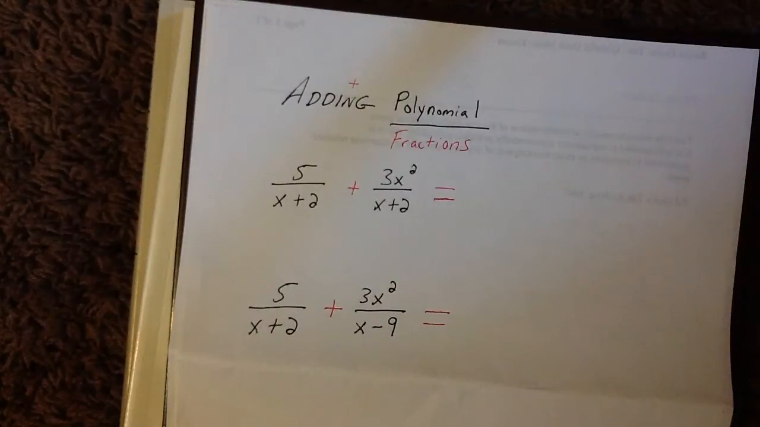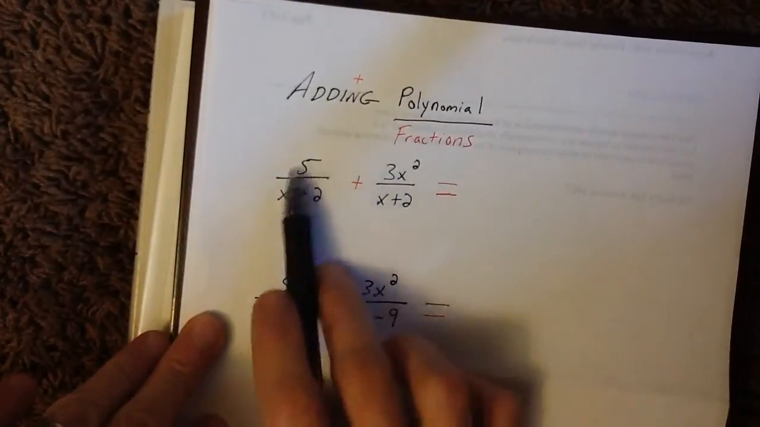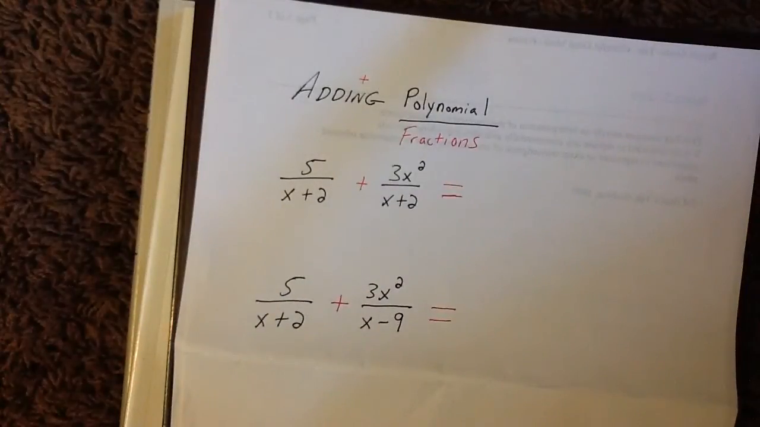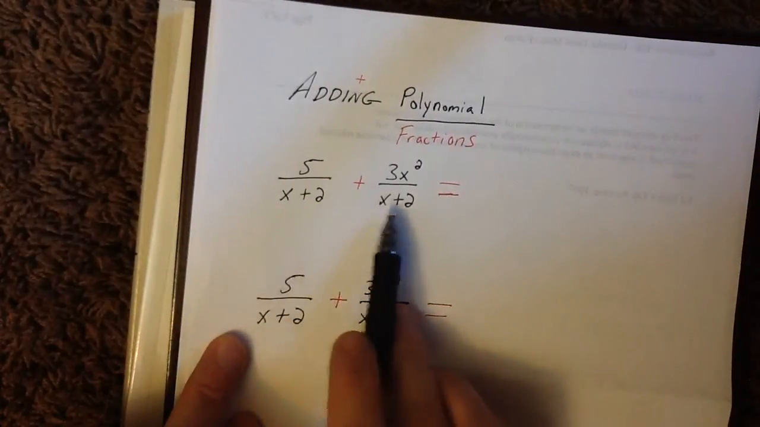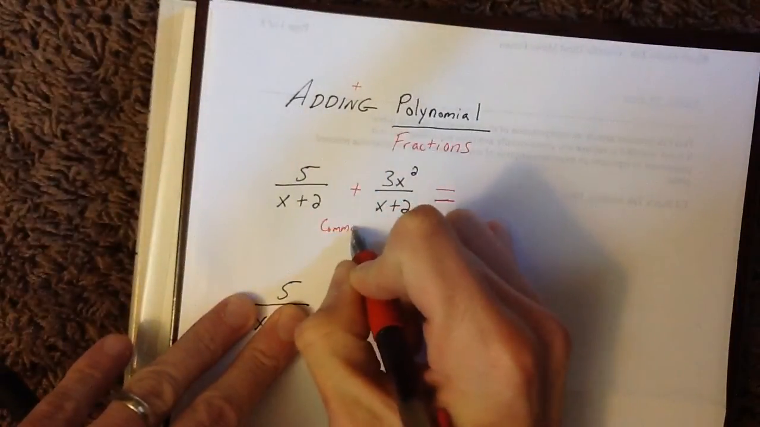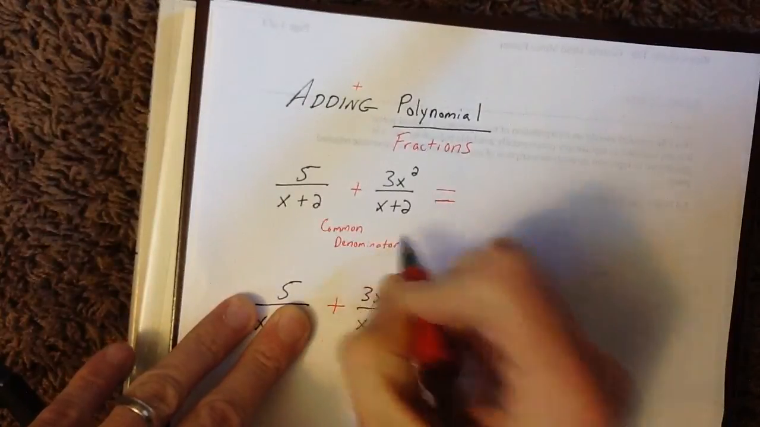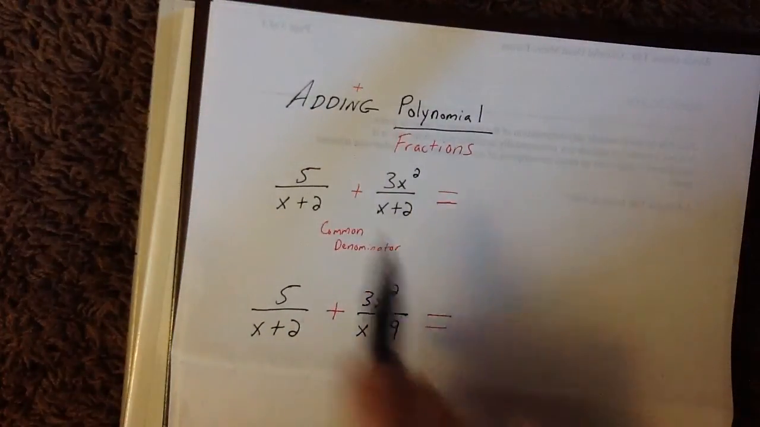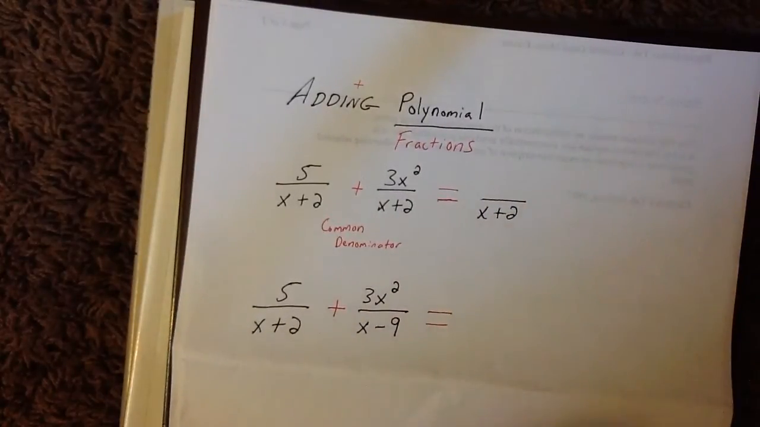Ladies and gentlemen, adding polynomial fractions. Whenever you encounter a fraction that has polynomial expressions inside of their parts, you still need to remember the basic rules for adding and subtracting fractions, which is that in order to actually perform this operation, you need a common denominator. The bottom part has to be the same. If it is the same, you keep that common denominator as part of your answer, and you perform the operation